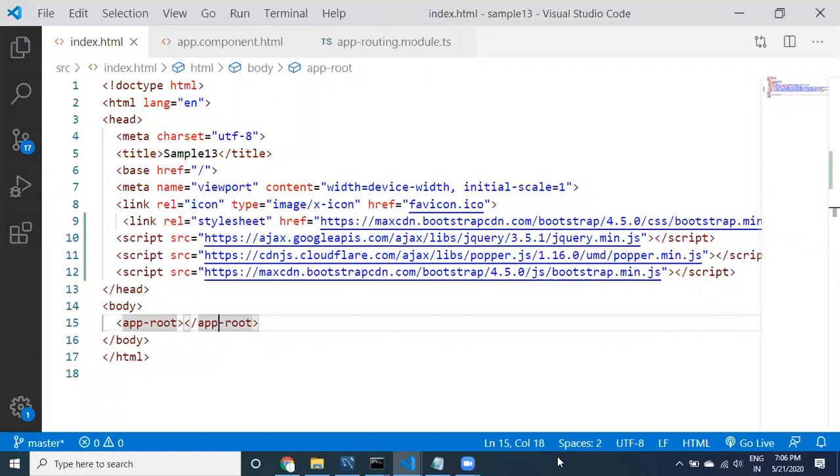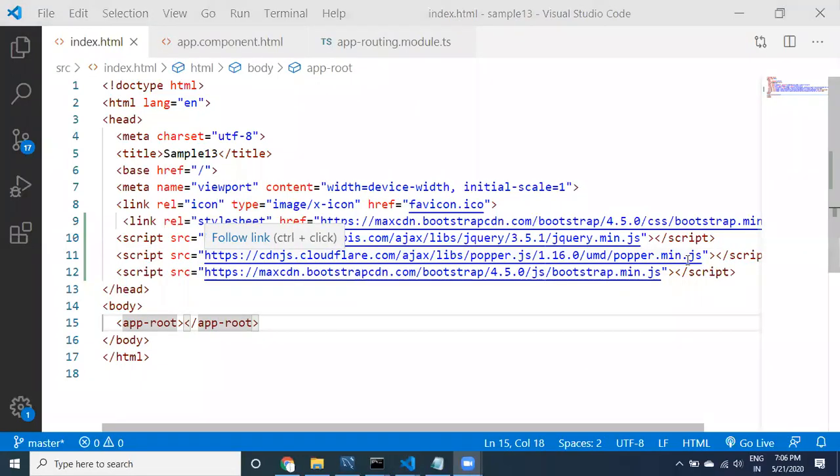Of course, I'm going to tell you the total flow, what happens internally. If you know the concepts of Angular, what kind of concepts are available, then finally we are going to work with the internal workflow. And yes, we provided Bootstrap scripts in the index. It will be used for all modules. Yes, this is a common file.